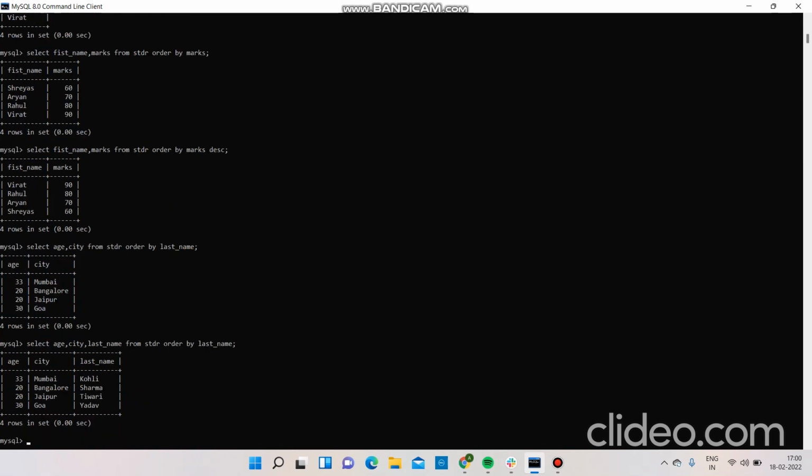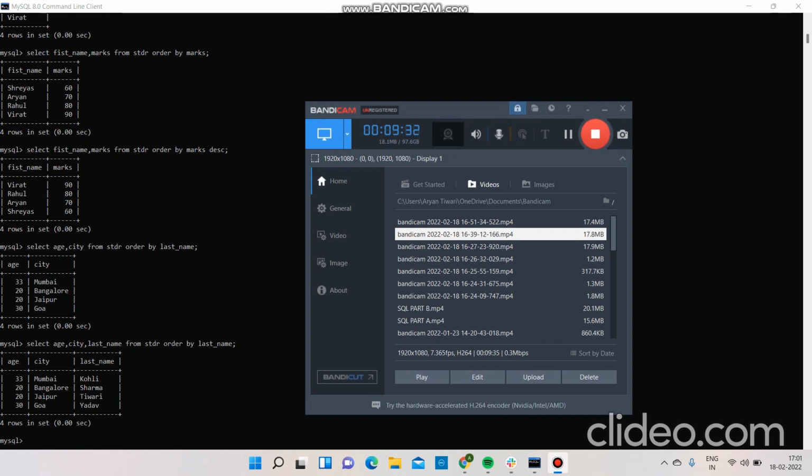Now you can see K, S, E, R. These are in ascending order. You can see K comes first, then S, then T, then Y. So you can use order by in both cases, whether you want numerical values or textual data. In this video we learnt about different SQL queries to extract data from different rows and different columns,